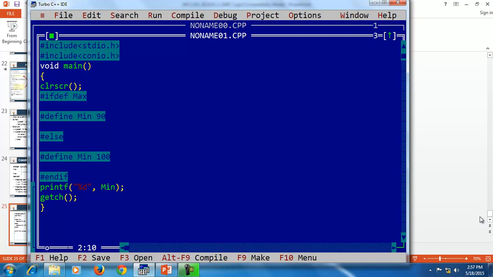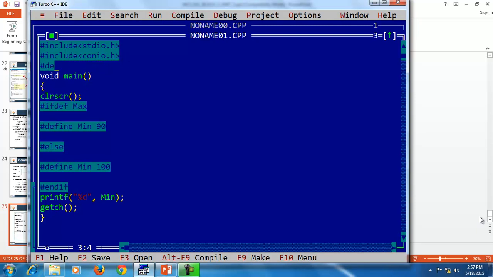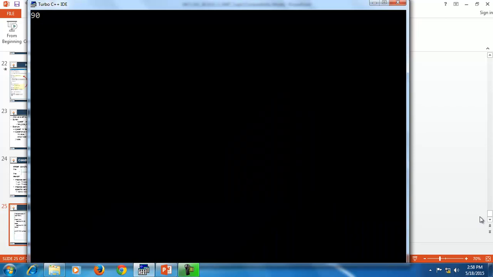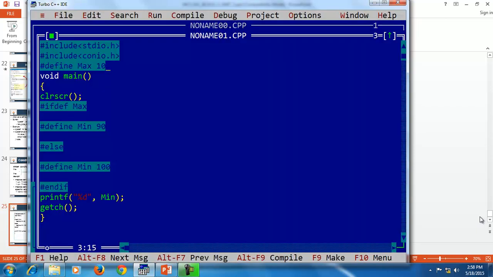If I define max somewhere, for example, I am defining max here. Now it will print the value 90 because the if statement is checking whether max is defined anywhere.